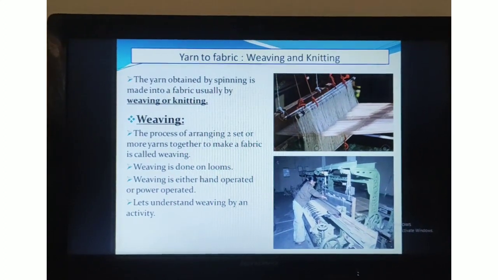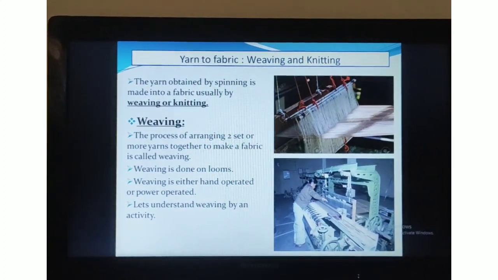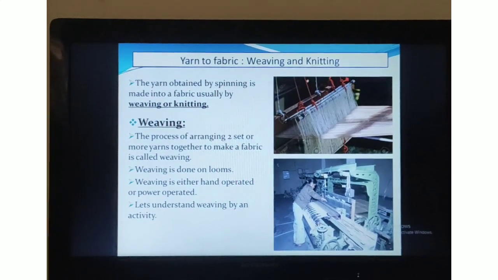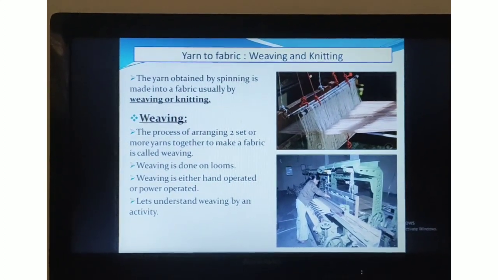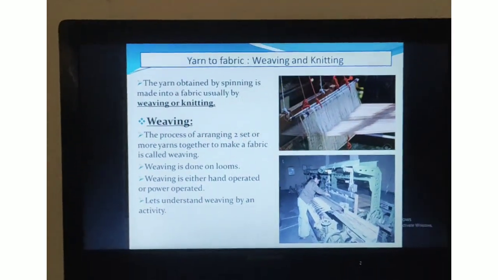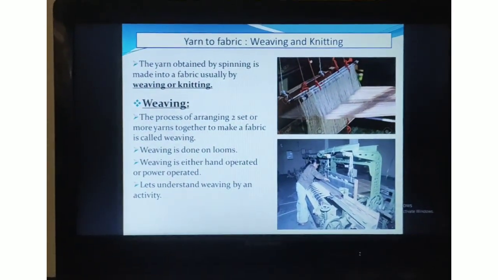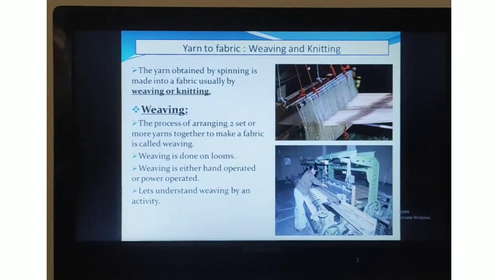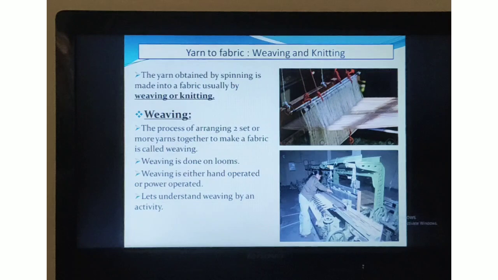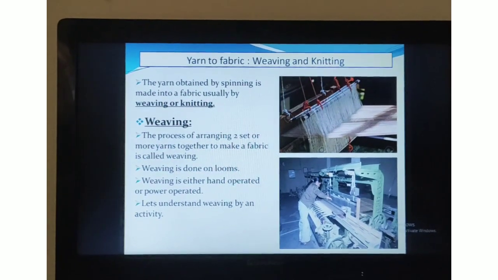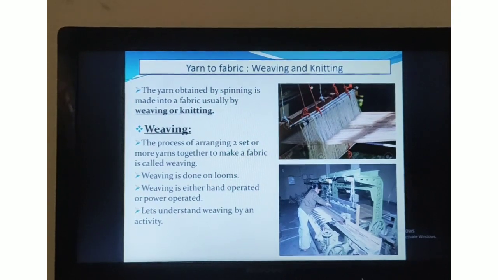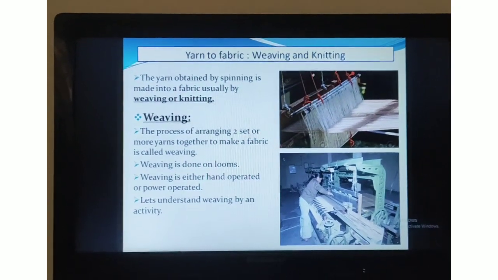Okay, so this sari is specially weaved with the help of handlooms only. This means this sari has been weaved by a man, understood, instead of a machine. Like this, our India follows both processes. Now, how these sets of yarn are arranged together, let me tell you with the help of an activity.